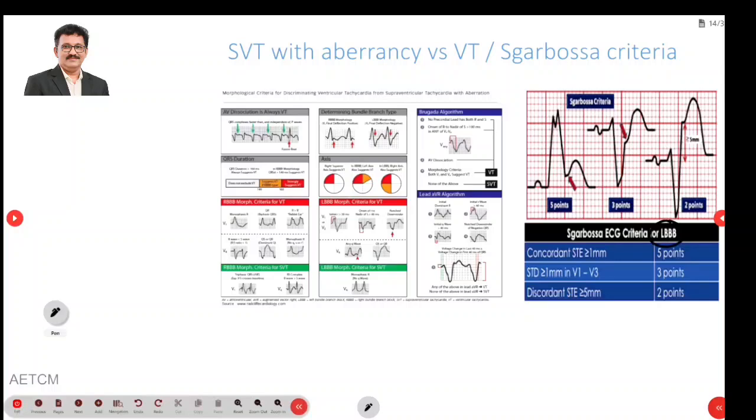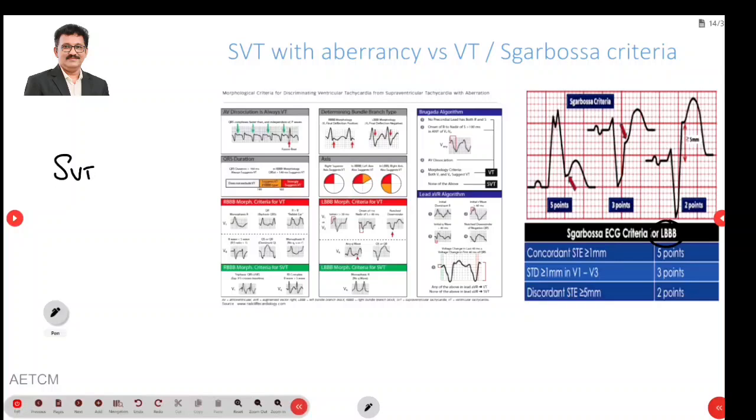LBBB with MI can be used. It's the Sgarbossa criteria, which I am not telling now. It is a slight deviation from the topic. This is for myocardial infarction. We will not discuss that now. But